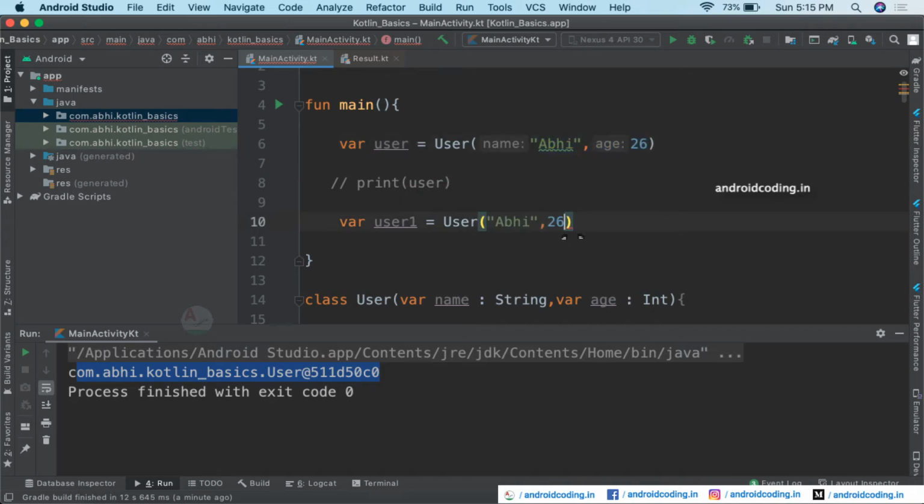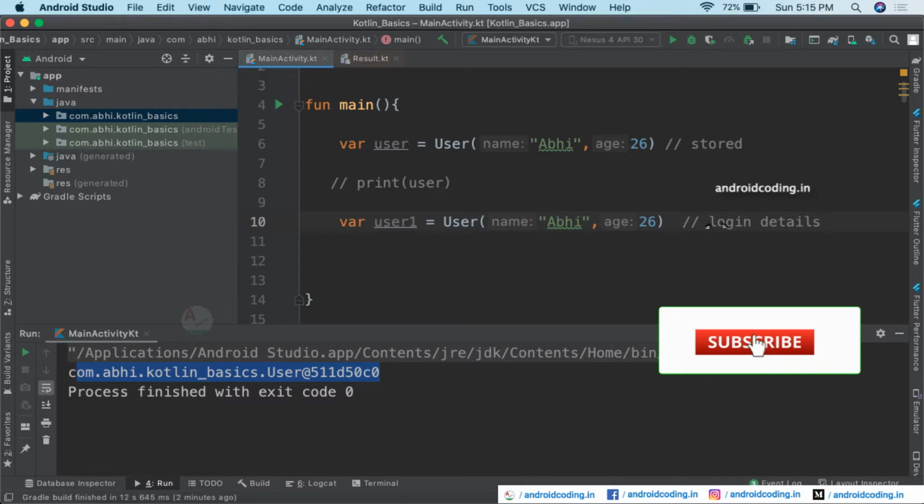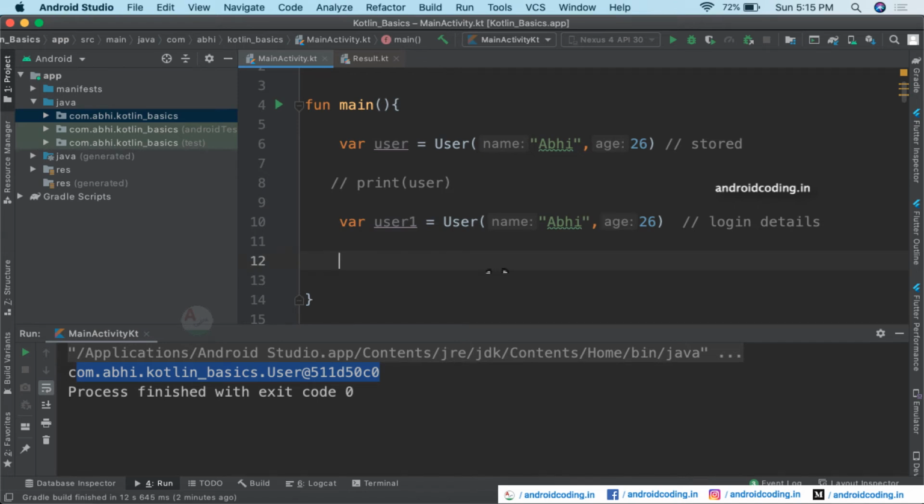So for example, let us consider a scenario where this is the data which is stored on our device, and this is the data which the user just logged in with, the login details. So we are trying to match the login details with the data stored in our application as part of a security mechanism for login implementation.